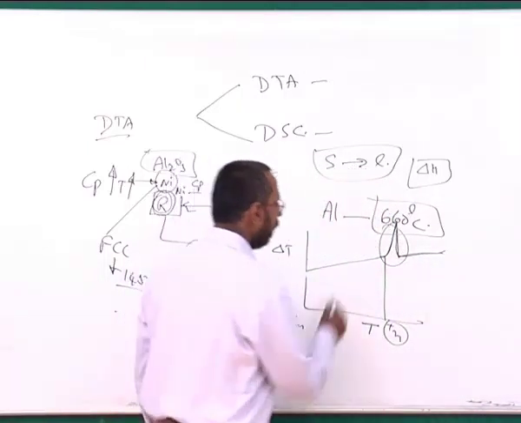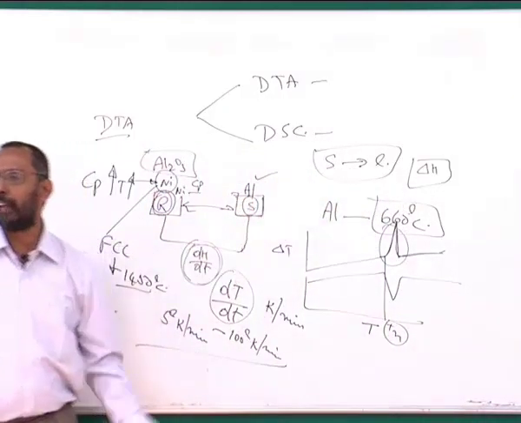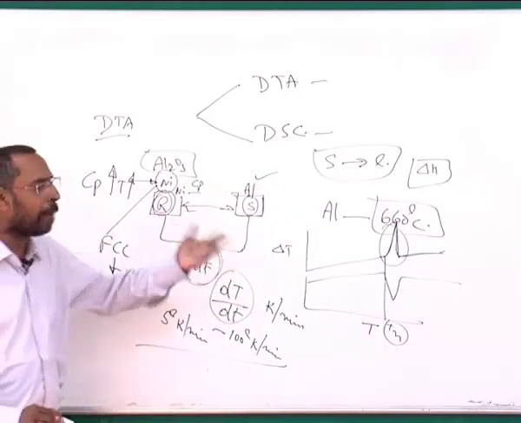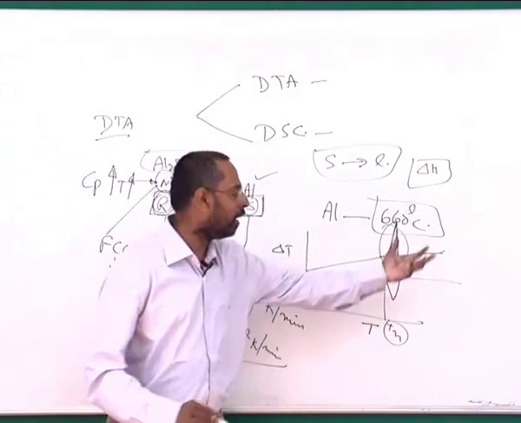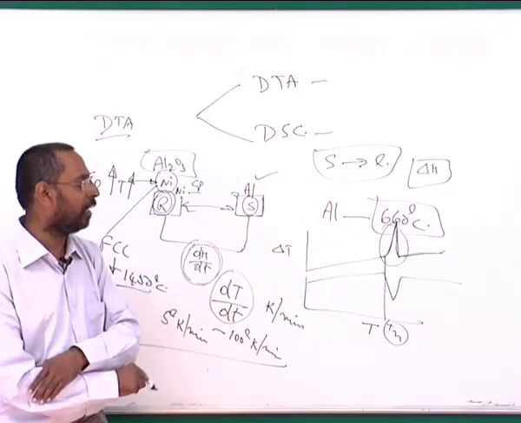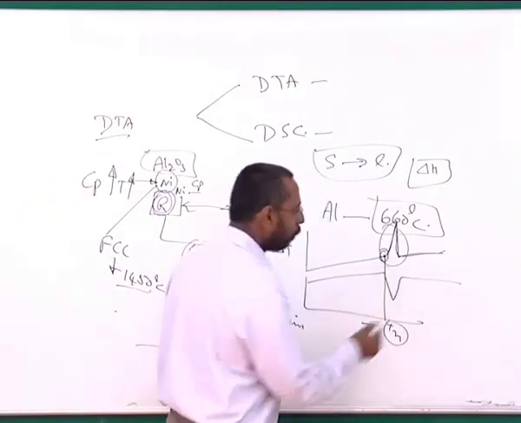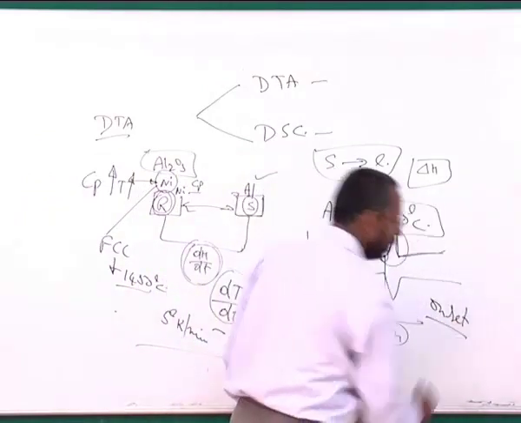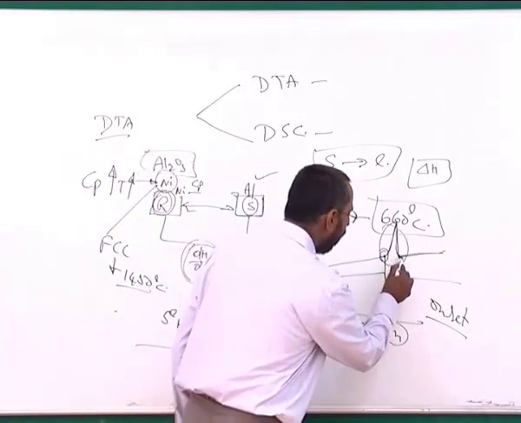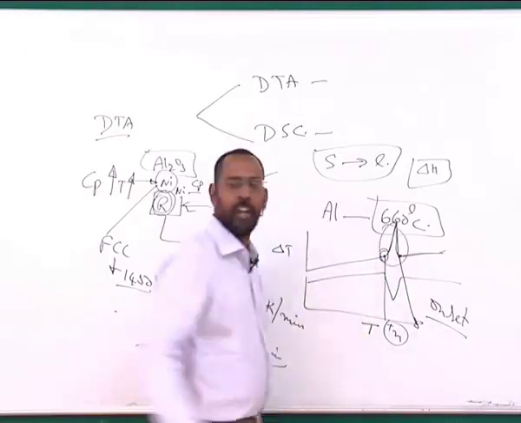And this peak can be either a peak like this or a peak like this, depending on whether you are having an exothermic reaction or an endothermic reaction, whether the heat is absorbed or released, depending on the type of transformation, whether it is solid becoming a liquid or a liquid becoming a solid, or one solid becoming another solid, where there may be heat extraction or heat absorption. And this particular starting point is what we call the onset. Onset is where the actual transformation is starting, and you always have an offset, which is where the transformation is over.